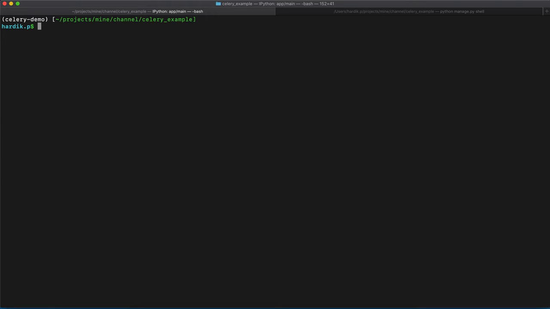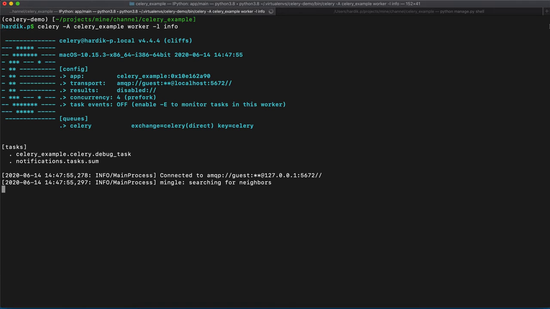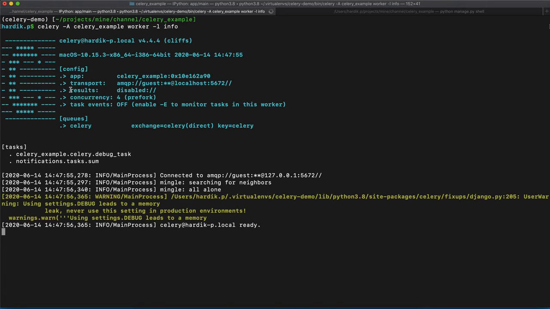Okay, clear. Now it is ready, which is already implemented, which is added. Now I am going to run the worker again, and we will see the changes. Okay, as you can see, the backend is still disabled.